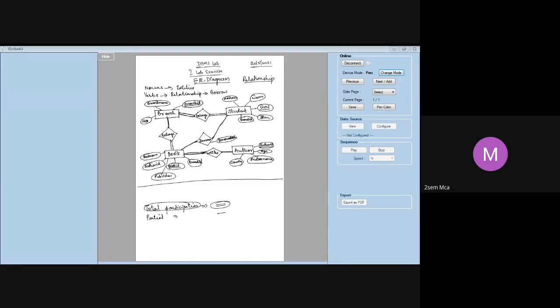Sometimes there can be an ambiguity. In that case, somebody can take it as partial and some of us can take it as total. That's still okay. In this case, you said it is partial, book and branch. But since you have branch ID as part of book, you can't make it partial. Every book should belong to a branch. So that's why we have taken it as total. There are also books that don't belong to any branch, they are there for other things. Yeah, correct. But as far as this example is concerned, in book they have already given branch ID as an attribute, which means book has to be related to a branch.